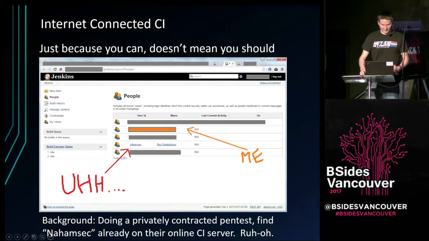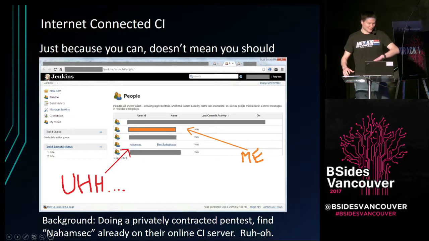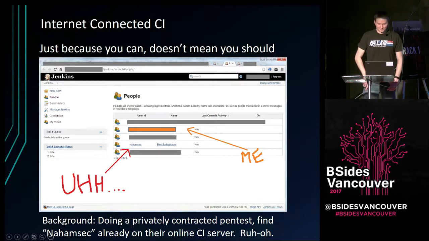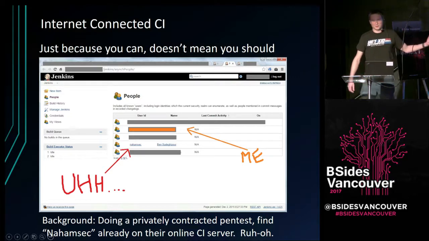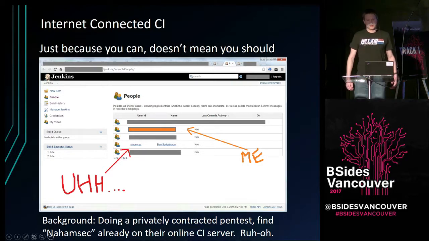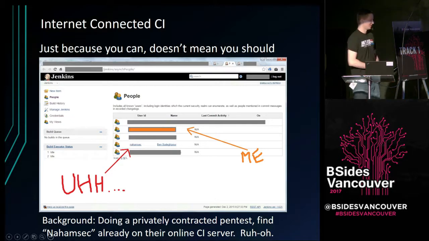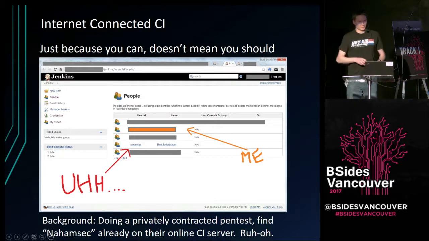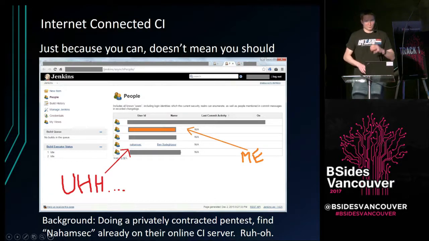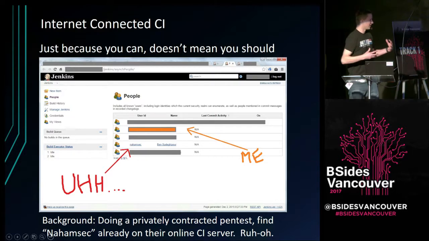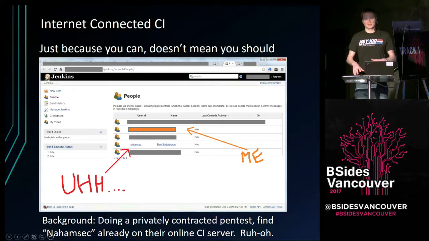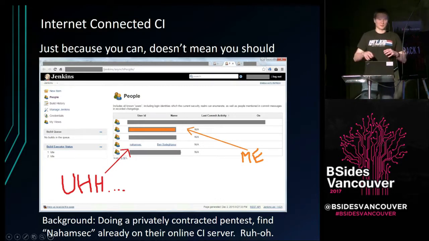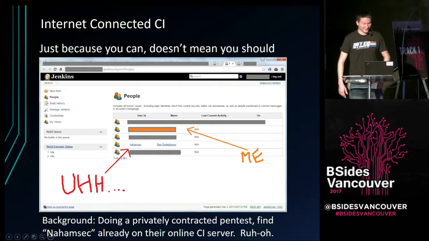This leads to kind of a fun story, because I love fun stories. So you find yourself 14,000 Jenkins servers on Shodan. You think to yourself, wouldn't it be fun to see which one of these have user registrations enabled, build myself a new project, add a build command to send myself a shell, root the whole company, I'll be a great hacker. But just because you can doesn't mean that you should. So whoever in the audience, there's at least one person I'm sure who's like, I'm gonna pwn some Jenkins boxes right now.